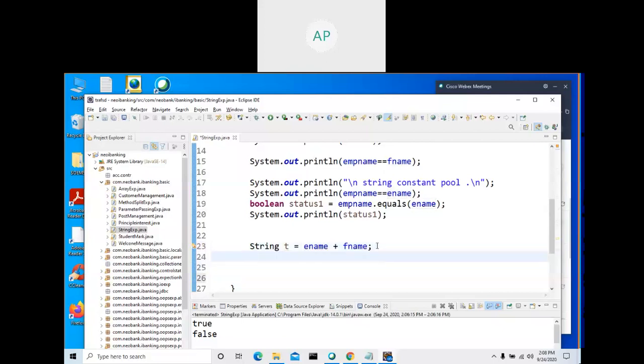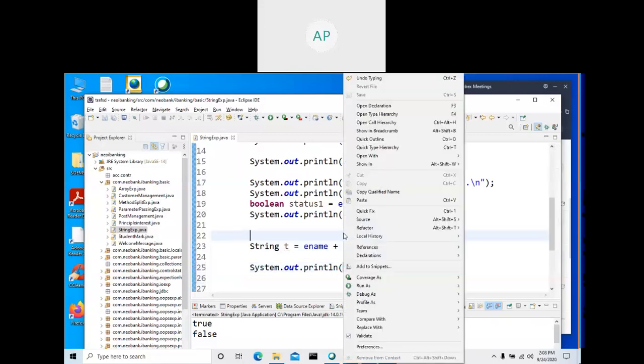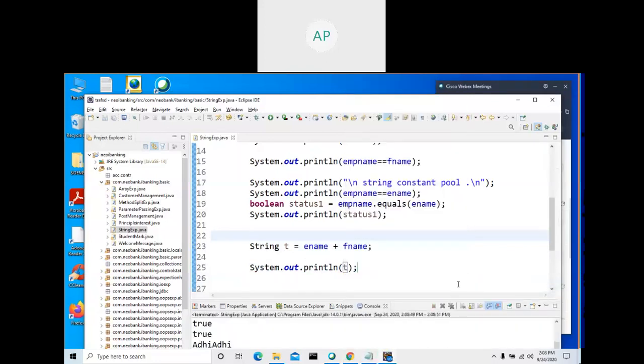Ename and this one is fname. So what will it do? It will concatenate. So t, what will we get? Two times adi. But this is not the right approach.